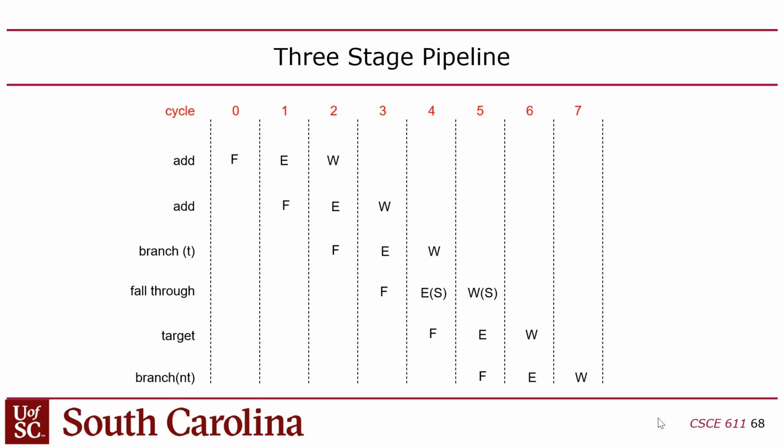Okay, so the problem is that if I have a branch instruction and it's executing, I'm going to be calculating the target of the branch and resolving the branch, determining if it should be taken or not taken. The problem is that if it's taken, I have to update the program counter, but I can't even do that until the next cycle, which means that when that branch moves from execute to write back,